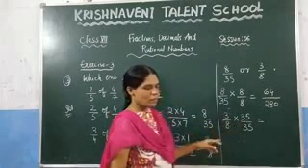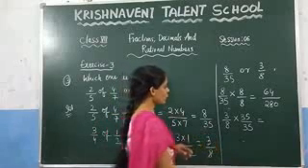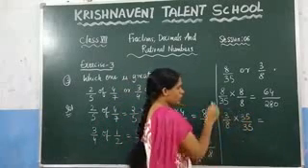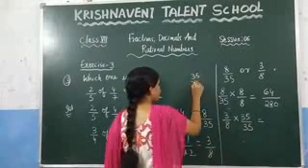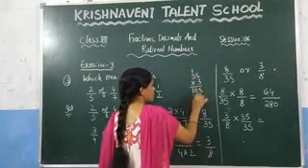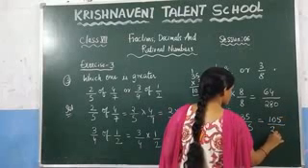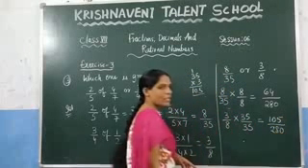Similarly, find this value. Now you need to multiply the numerators. What is the value of the numerator here? 35 into 3. What is the value of 35 into 3? You know that 5 threes are 15, 1 nine is 9, which is 10. You got 105 here. And just now we calculated the other one, we got 280.